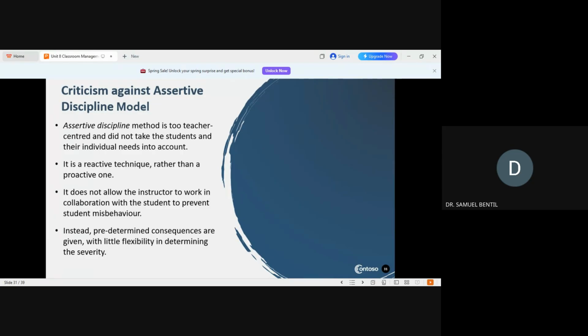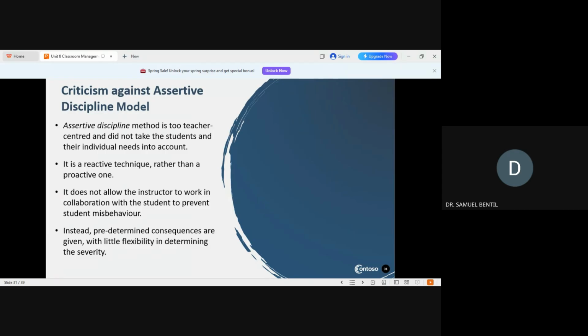Unlike the discipline with dignity model, where the teacher together with the students will sit together and discuss. Okay, if you come late, what should happen? Class, let's all discuss. Some will say, oh, madam, when you are late, let's fine you. Oh, madam, when you are late, let's forgive you. Oh, when you are late, let's let the person sweep. So we all come to a consensus, may agree to disagree, and come to a consensus. Now we come to a consensus that if you come late, you get 3 lashes. So this is more proactive, so that the learners know what is going to happen to you